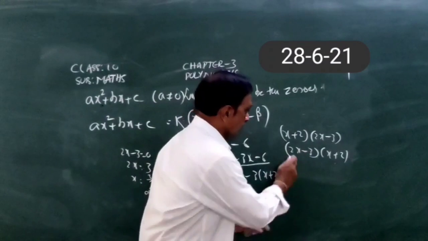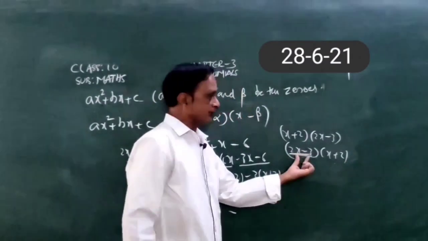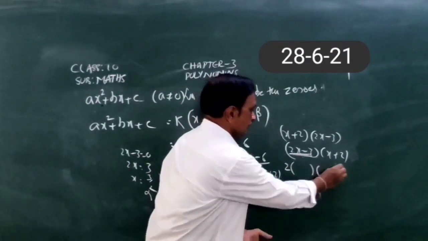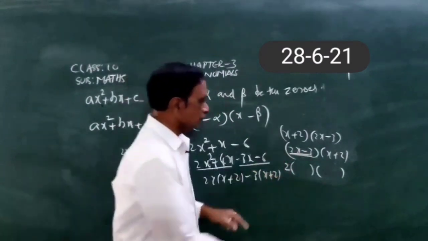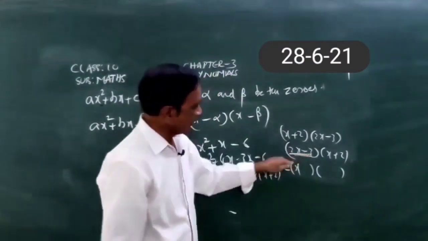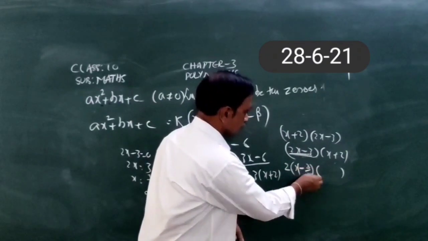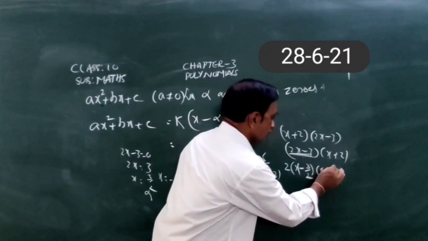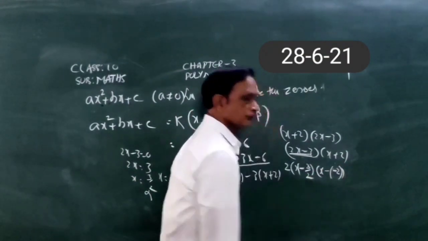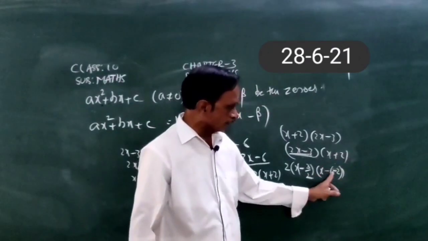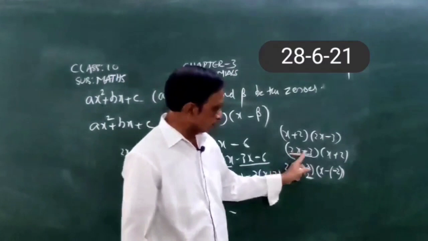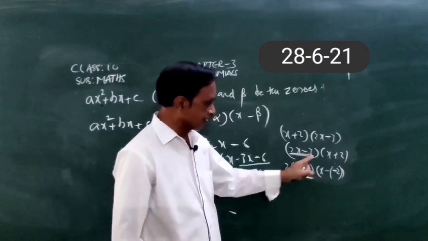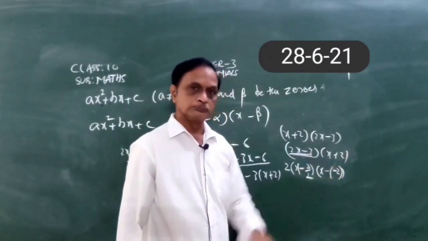Now see, I am going to take 2 as common from these two terms. Can we take 2 as common from these two terms? If you take 2 as common from these two terms, you have to divide these two terms by 2. 2x by 2 gives what? x. Minus 3 by 2. Now can we express this x plus 2 in the form of x minus of minus 2? Is it right to say that x plus 2 is x minus of minus 2? Can you write this 2x minus 3 in the form of 2 into x minus 3 by 2? Verify: 2 into x is 2x, 2 into 3 by 2 is 3. And x minus of minus 2 is x plus 2.